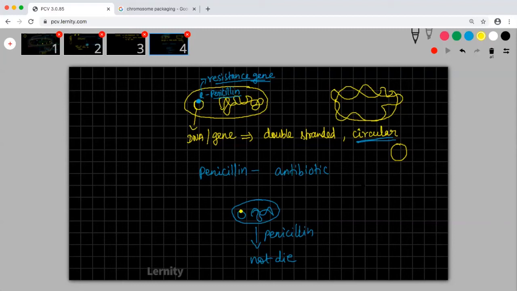Okay, so let us say, I have been telling that eukaryotes will not have plasmids. Animals will not have plasmids. Any eukaryotic organism will not have plasmid. Advanced creatures will not have plasmid. Plasmid is present only for bacteria.